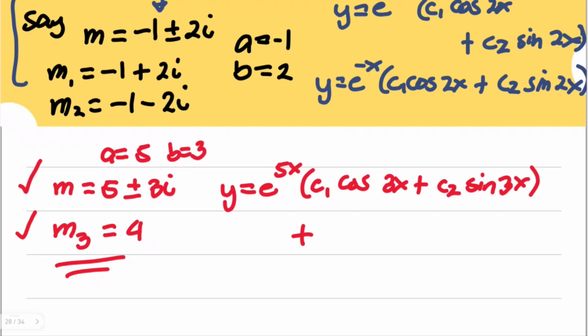In this case, it's c sub 3 for our third term, e to the power of 4x, as your m, because we write it as c sub 1 e to the power of mx, and our m is 4. Of course, we will not be using c sub 1 because we already used c sub 1 earlier. We also have another situation, what if we have m sub 4, which is also 4, so it's a combination as well. But to highlight, this is what will happen if we have a combination.